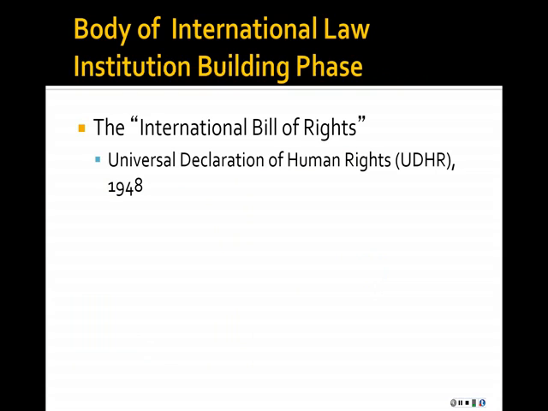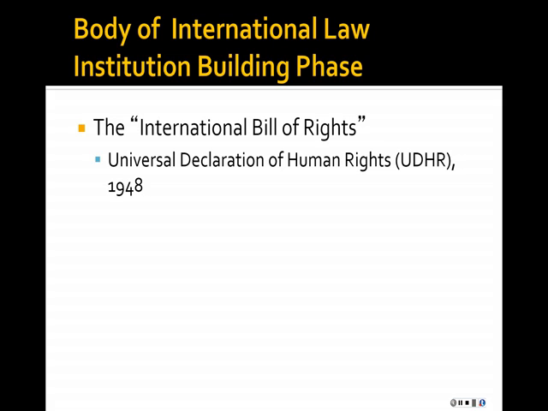All right, so we'll just start with the body of international law. This is that institution building phase that the Bergenthal piece talked about, as well as the phase one that my co-author and I talk about in our article about The Empire Strikes Back. So, after World War II, the UN began to address human rights concerns for obvious reasons, the Holocaust, and other human rights atrocities. So the Universal Declaration of Human Rights, the UDHR, was adopted by the General Assembly of the UN in 1948. And remember the last lecture on international law, we talked about the General Assembly of the UN, and this is just a declaration. It has no force of law, but it is communicating to the international community the global concerns about universal